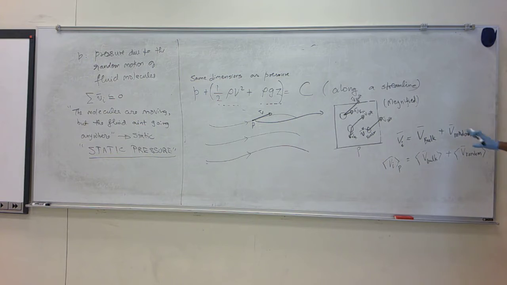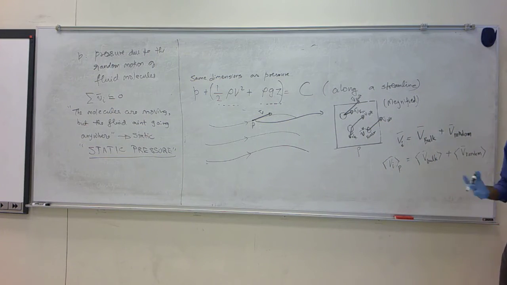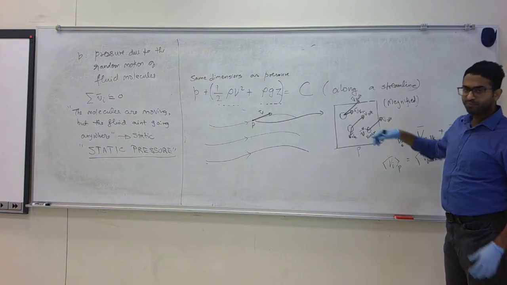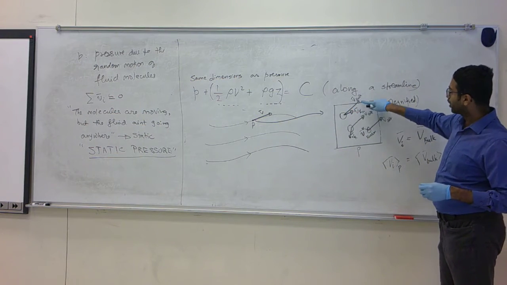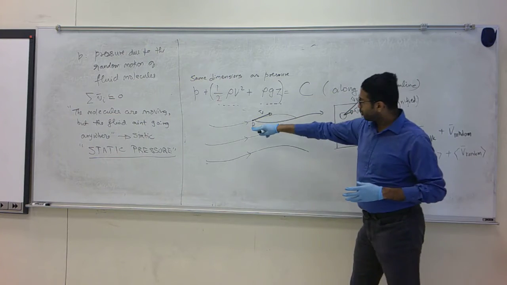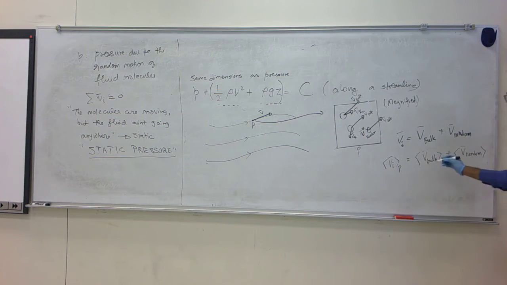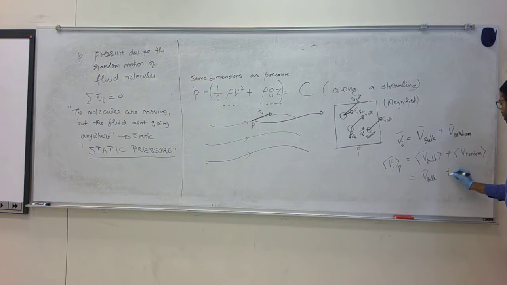Now, if you just think of these vectors without the bulk component added to every molecule, they all roughly add up to 0. It is like you have the fluid at that point at rest, and then you impose a systematic velocity on each molecule so that they all move together from point to point along the flow that you see macroscopically. So if I do this summation, this is simply the bulk velocity at that point plus the average velocity of all the random components, which is approximately 0.